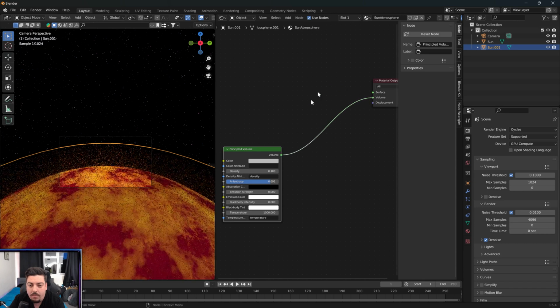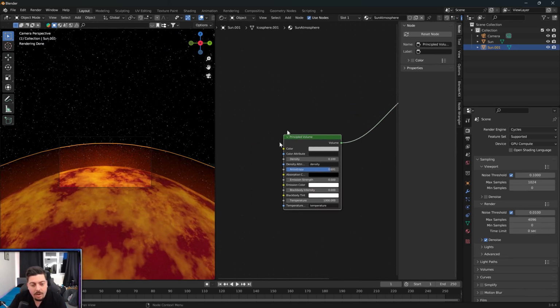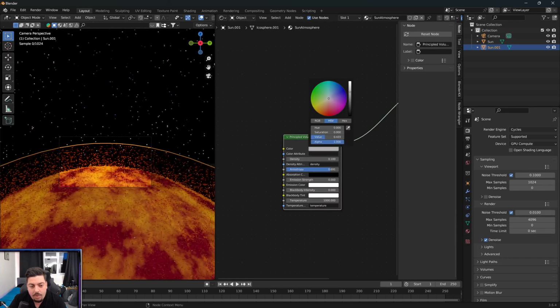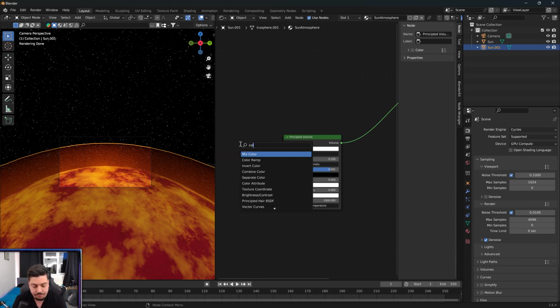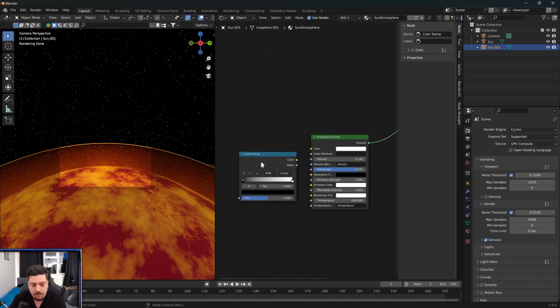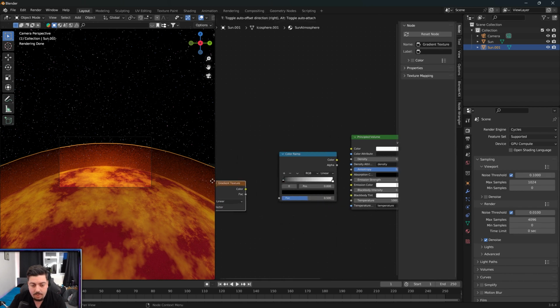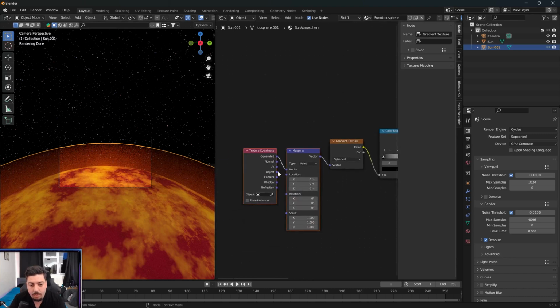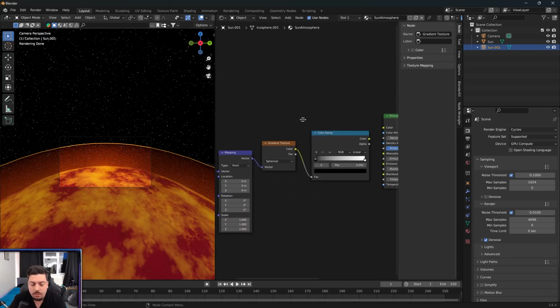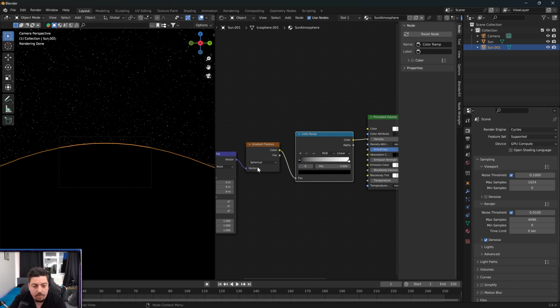So we do want the principled volume into the volume. Now we can bring this up to make that more punchy, but we want to kind of fade it out at the edges, and we're going to be doing that on the density. So we're going to add a color ramp, and we're also going to add a gradient texture, and we're going to do spherical. Plug that into there, and we're going to press Control T to bring up a mapping node, and we're going to use the object's mapping, and Control Shift click the color ramp just so we can see